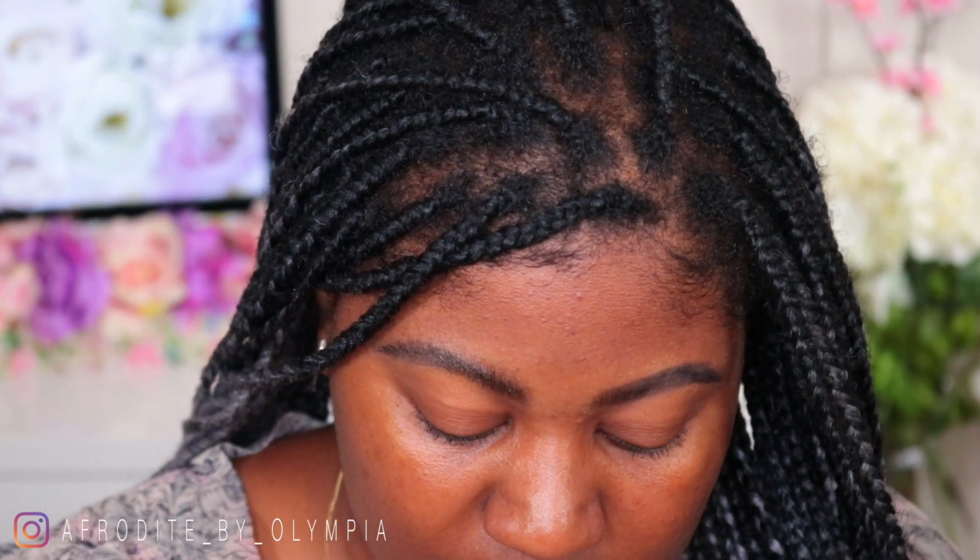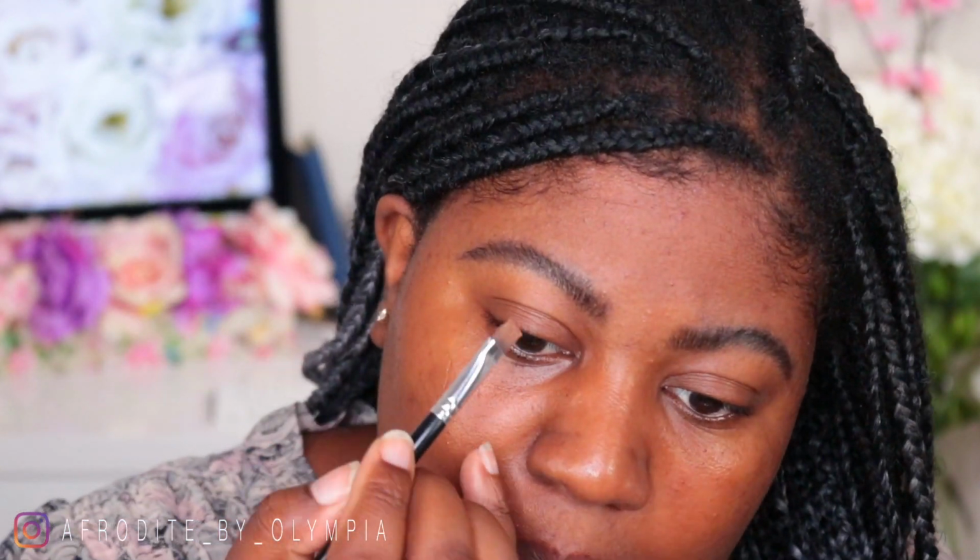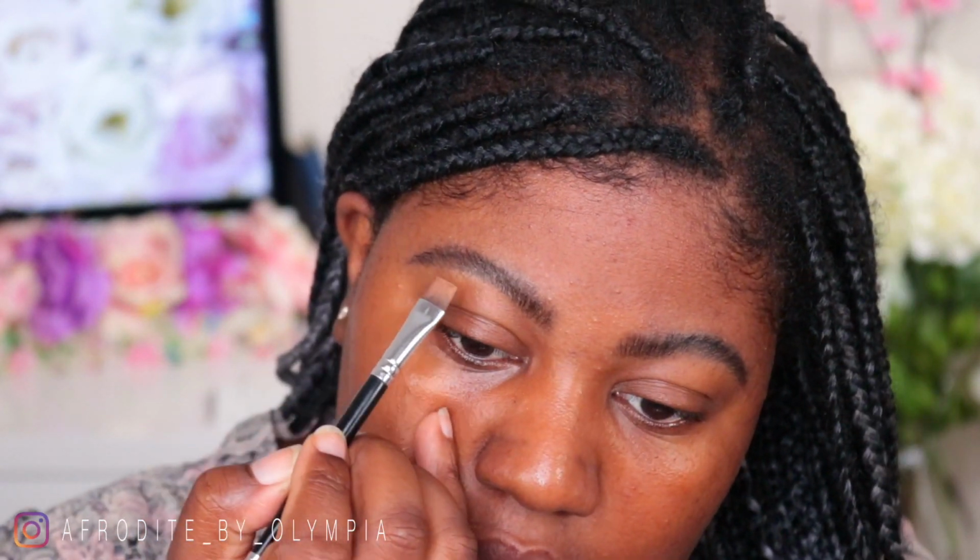it's the best. Then the third and last product that I use in my brows is the NARS Soft Matte Complete Concealer in the shade Armani. And I just go in with a flat brow brush, carve out my brow. Sometimes I do this and sometimes I don't, but